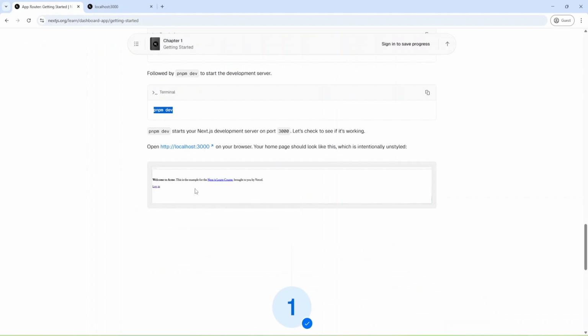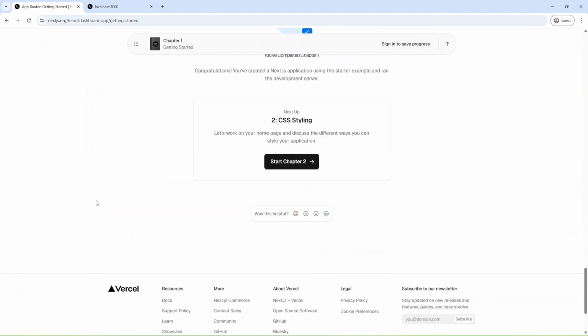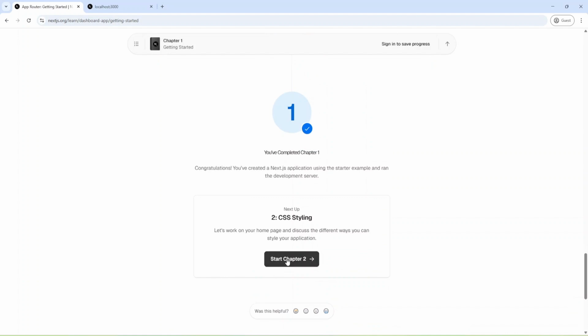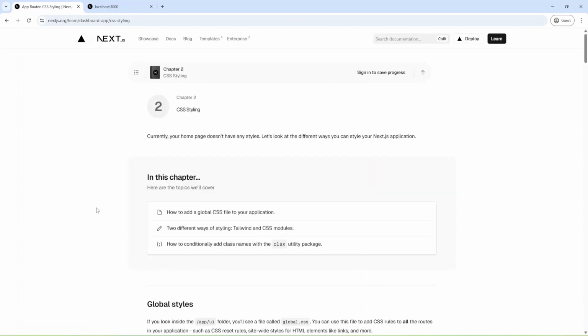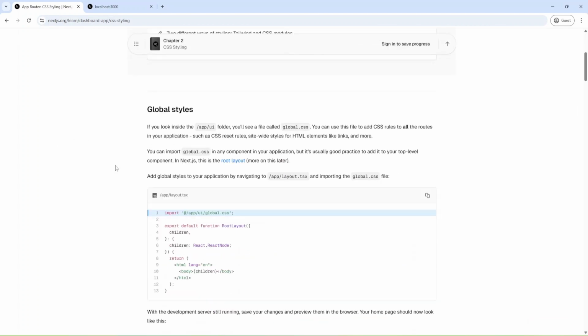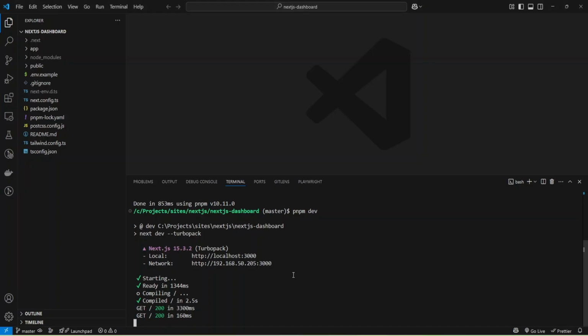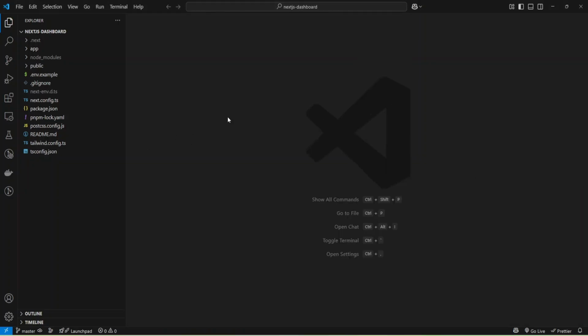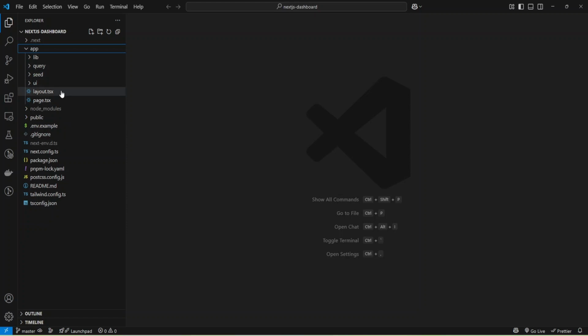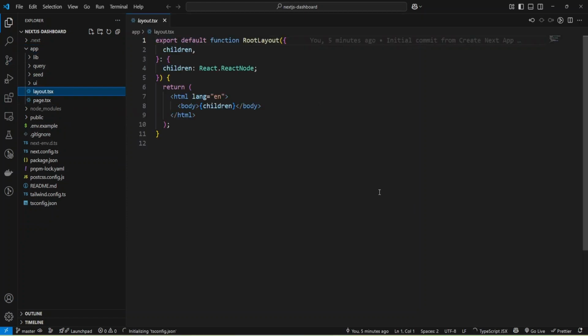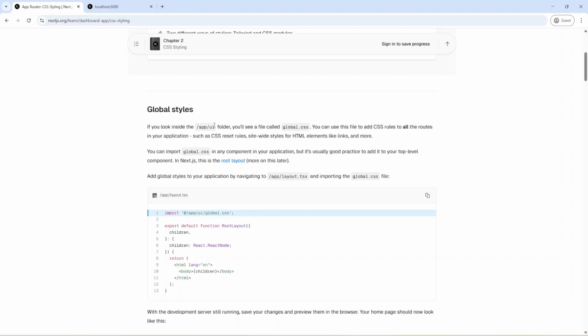And that's something like in my docs, and I can go to the next chapter, CSS styling. Okay, and let's add some styles, and I'm going to open app layout. Let me hide this panel and open app layout, and let's check.